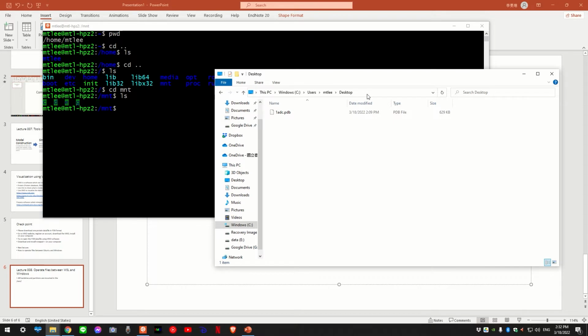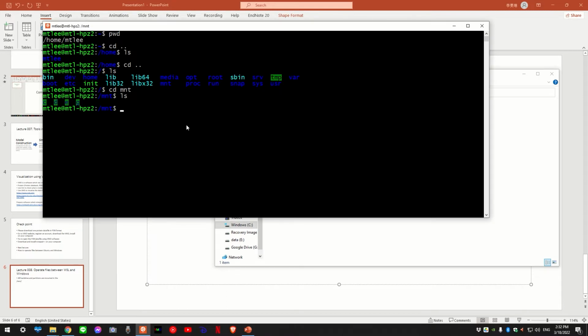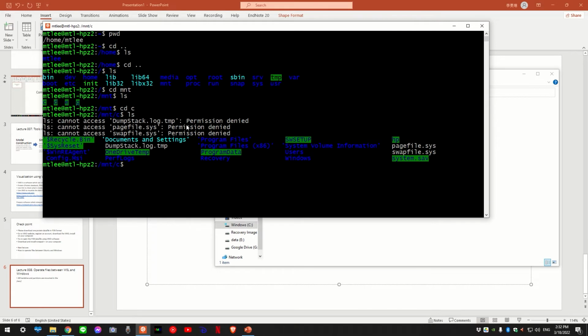If you click this bar, that will show you this. Okay, this is the location in your Windows system, but not here, okay? You need to go to C, okay? If you go to C, you ls and see what is happening here. Okay, you have users. I go to users, and I have my name, which is called MTLEE. Yours won't be called MTLEE. That will be your username, okay?